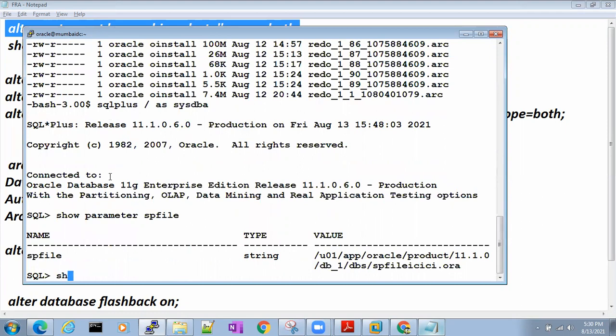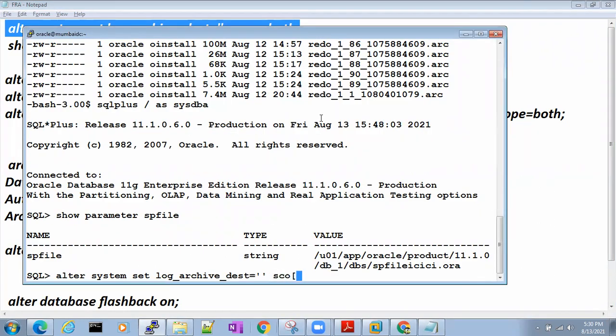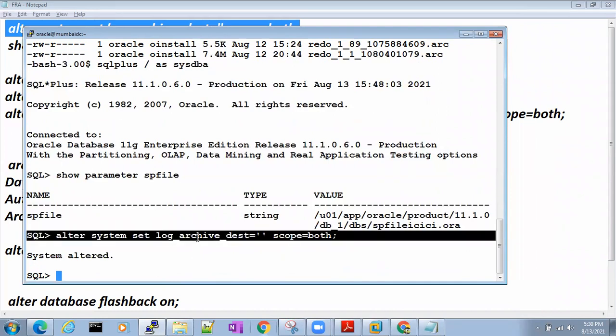So alter system set log_archive_dest equal to no value, in single quotes, don't give any value, so it will be empty. Scope equal to both. Done. Now check log archive dest.